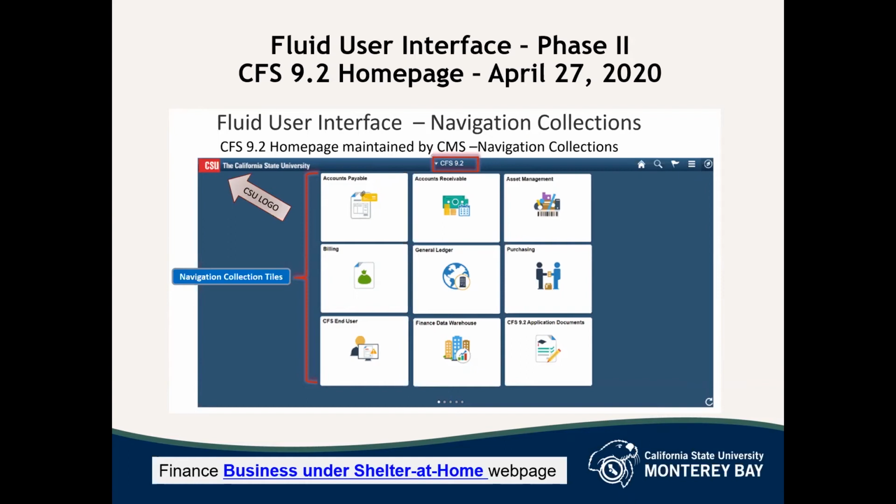So I think this is a clarifying question. Do the end users need to make the changes in the new CFS 9.2? Actually, no. The users can make the changes now. You can move your direct links to the user-defined menus now. You can make them, but we just need them to be made by April 23rd.